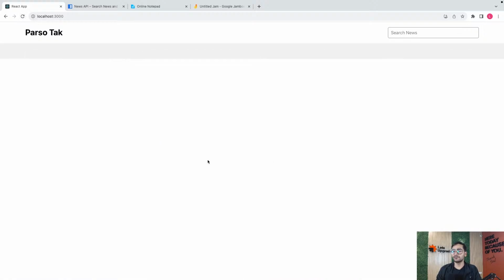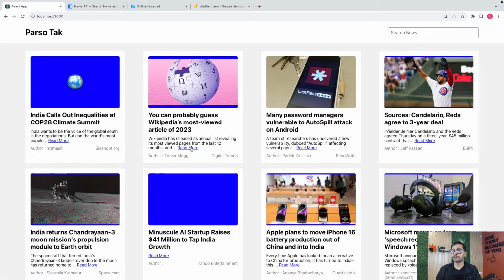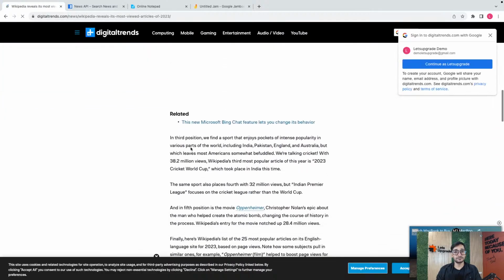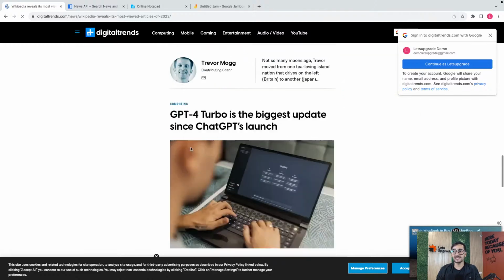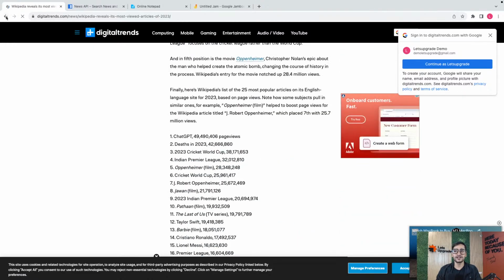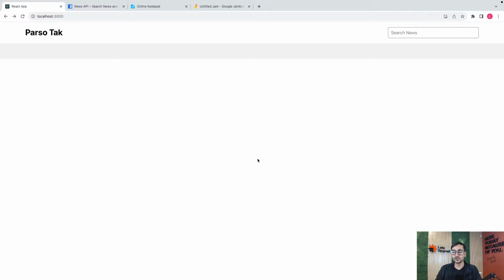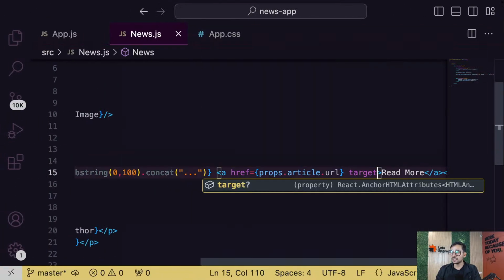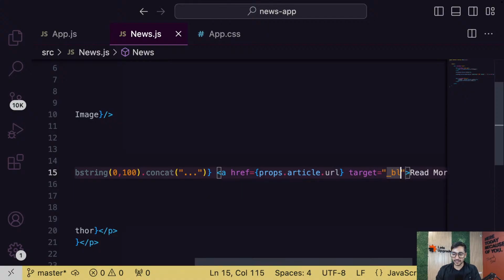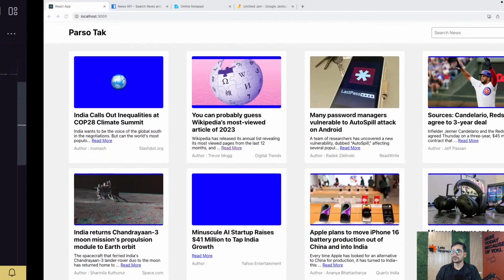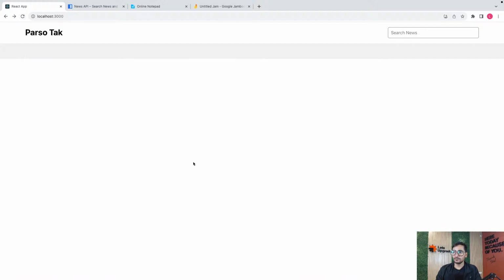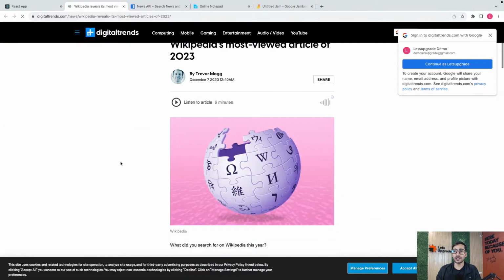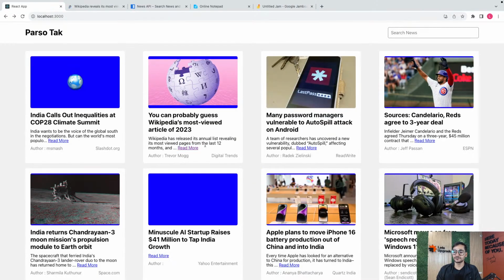See, if I click on it, let me show you. See, directly going to the real article, right? Looks proper, makes much more sense. You're going to the real article to read about it. Okay. And also, if you don't want to lose your news site, you can just put target blank so that it goes to a new page. So now if you click on it, see, it will open it in a new tab. So your app will be safe. Okay.